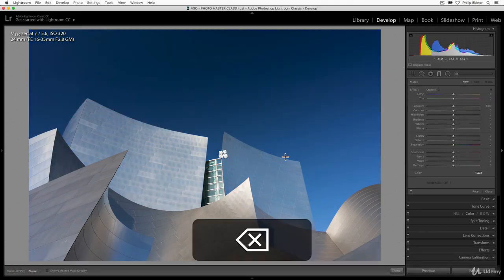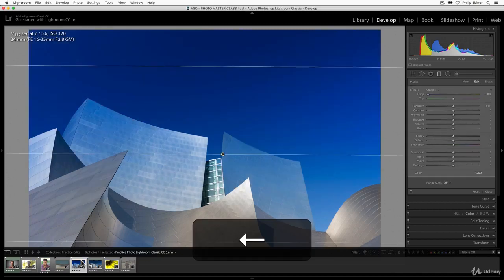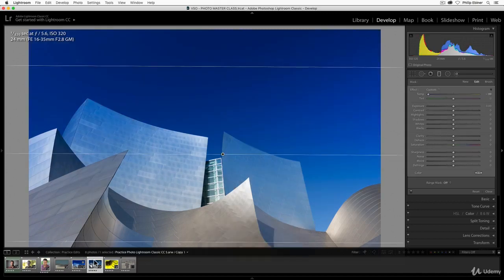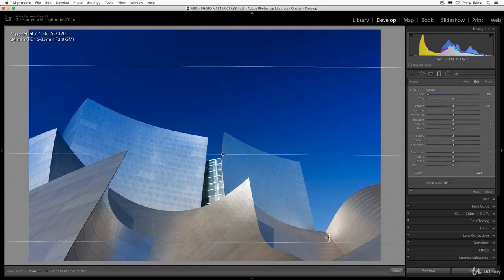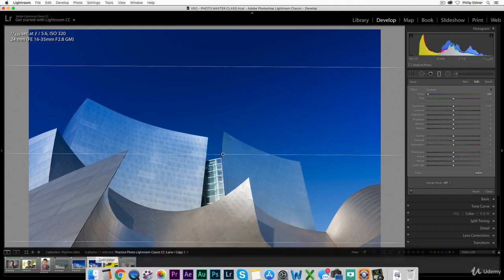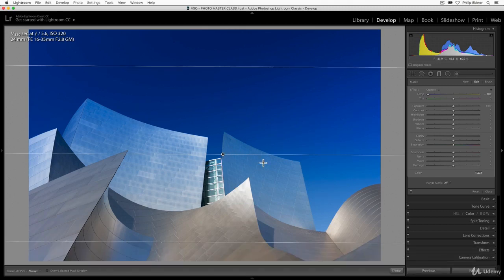So now if I delete this graduated filter, for example, we have these two photos that we can go between and see the edits we like. And that might be something you do with your photos. You might edit it one way and want to try a different edit, but not want to delete your first edits. And that's what a virtual copy is for. I'm going to undo, Control Z, to get back that graduated filter on both images. So now I have two images with exactly the same graduated filter.